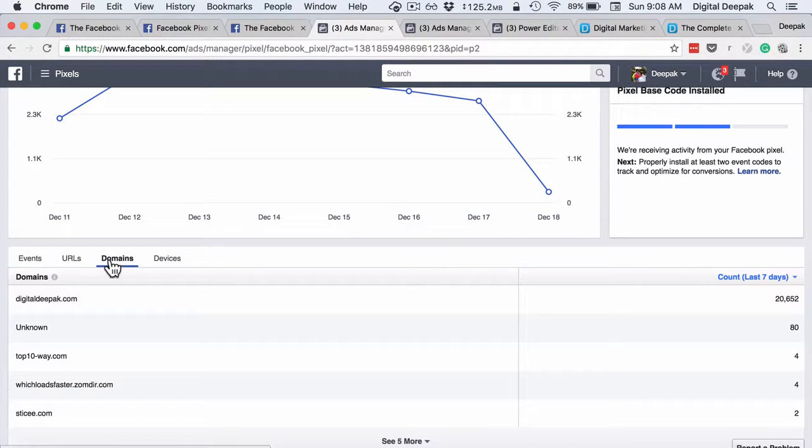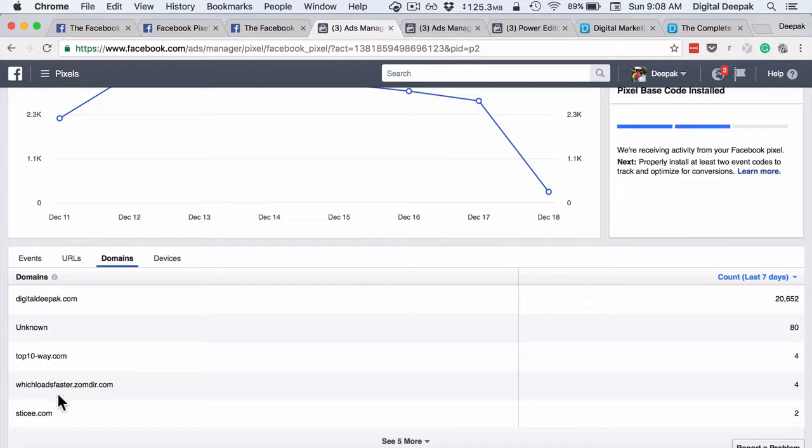And if you look at the domains, as I said, you can go ahead and install the Pixel on multiple websites of yours, and here you can see which are all the domains which are firing the Pixel. So here you can see 20,652 from my primary domain digitaldeepak.com, and these websites are basically spam.